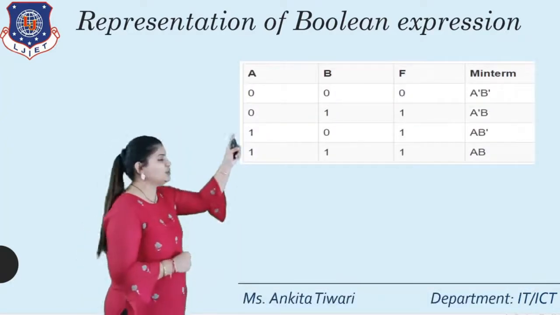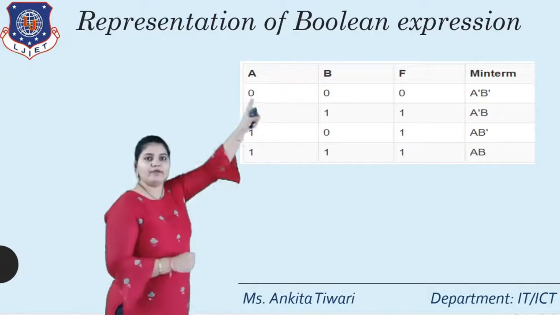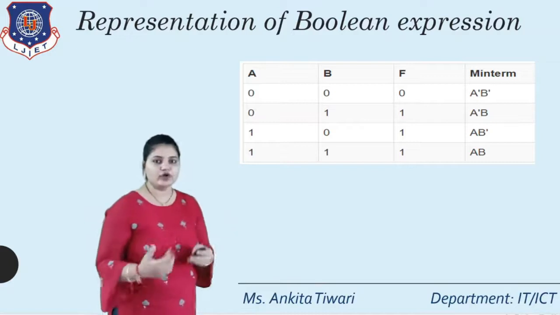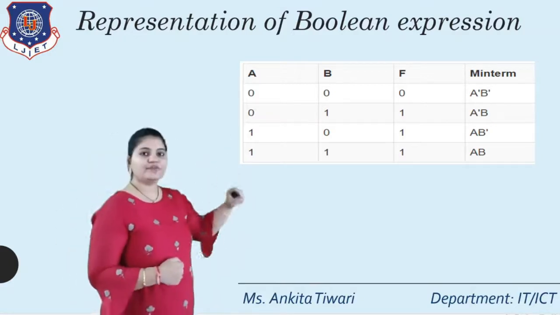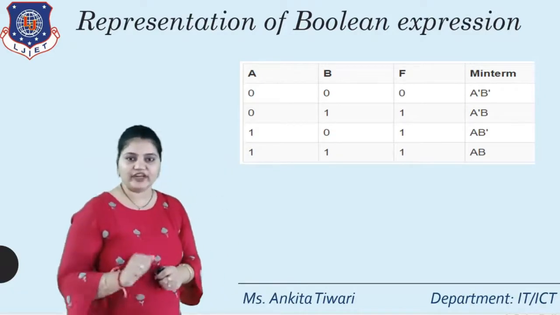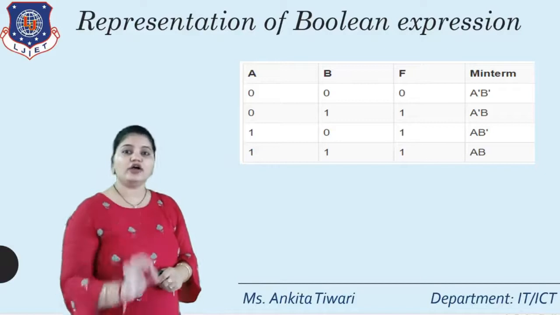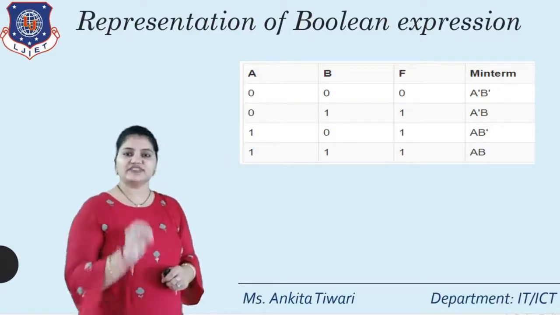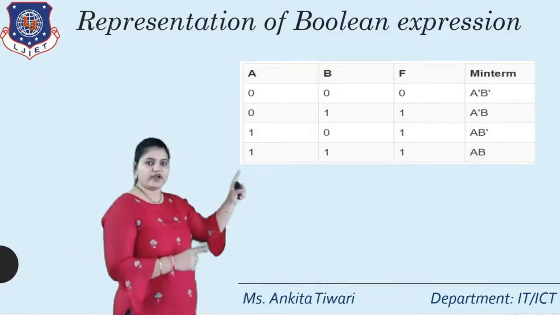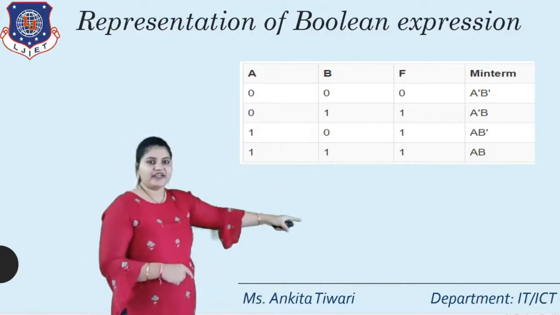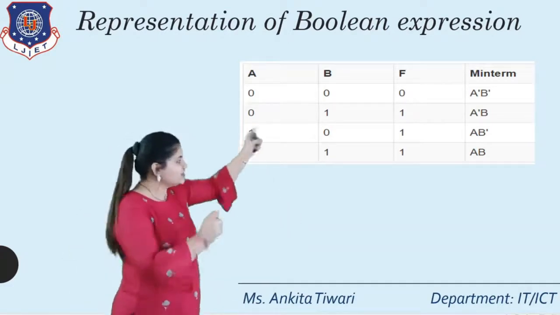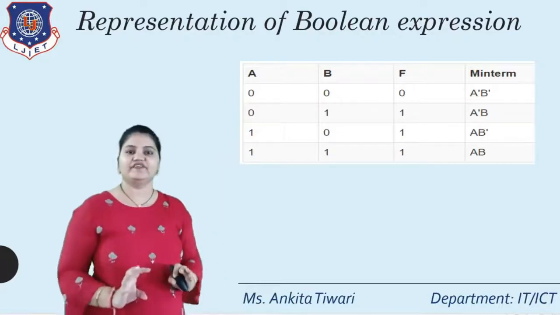So here, as you can see in the truth table, the first table has the a value, b value, and f value, where f is the function. For a and b, there are 4 possible combinations: 0 0, 0 1, 1 0 and 1 1. The function will represent Boolean value 0 or 1 according to the condition specified. Where 1 is defined, that value is active in the function. Where 0 is defined, that means it is inactive in the function.